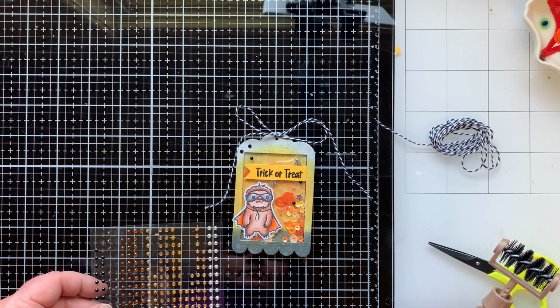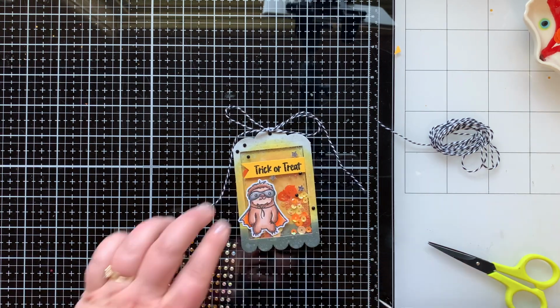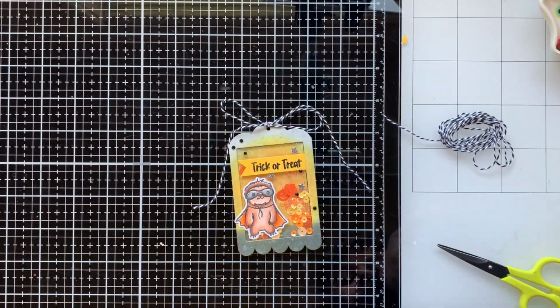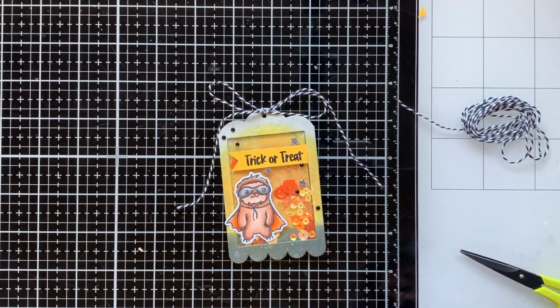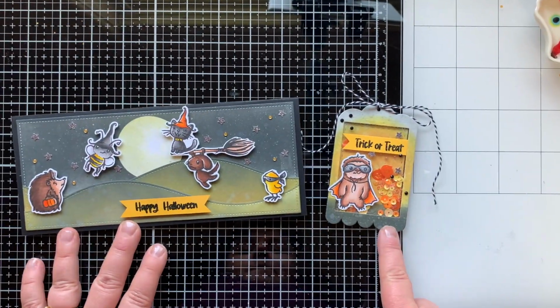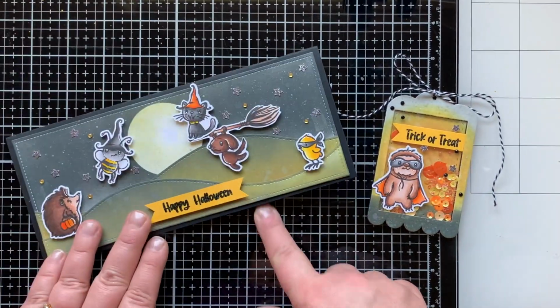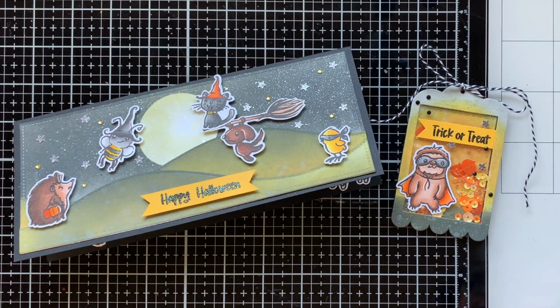So that finishes up the two projects for today. I hope that you have enjoyed it. I think that this stamp set from Not Too Shabby is really fun and cute. You can make cute Halloween projects or even spooky if you wanted to. So there you go. There's my two projects for my first video as a member of the YouTube design team